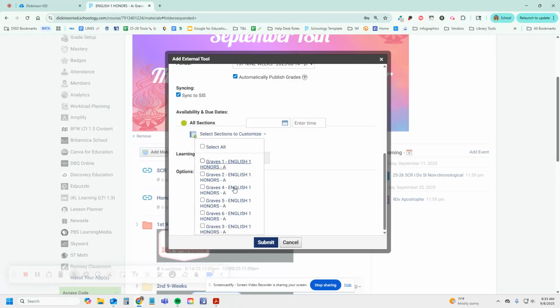So here you're going to do the drop down, and you're going to have to do this for each class period. So if your sections are linked, you're going to have to do this each time. So I'm going to hit submit,